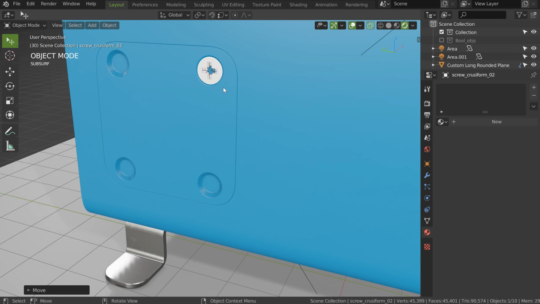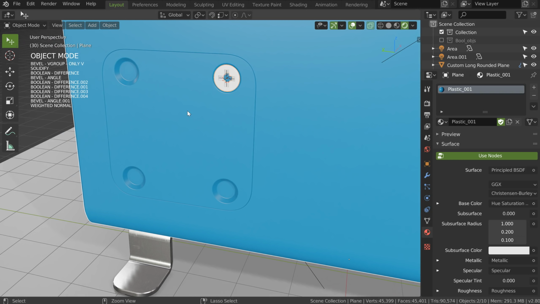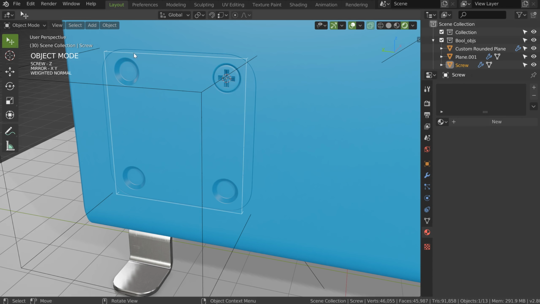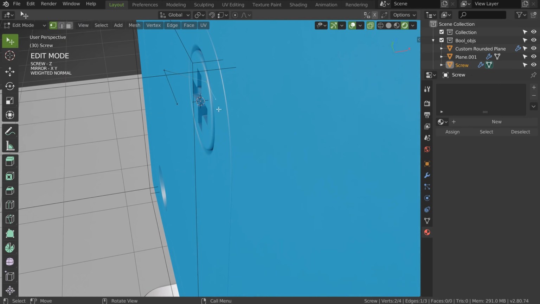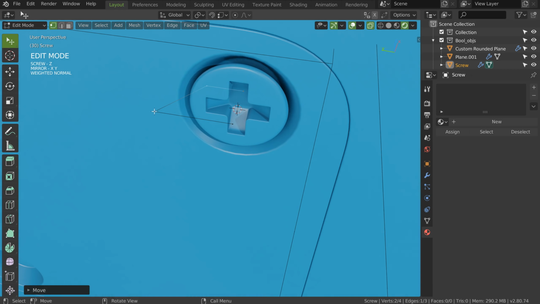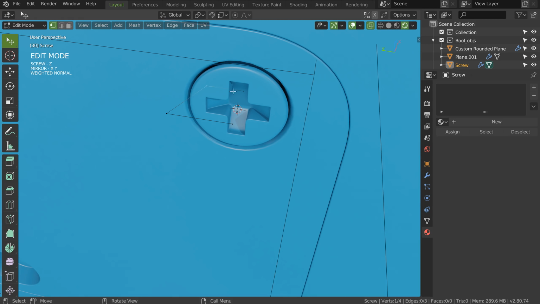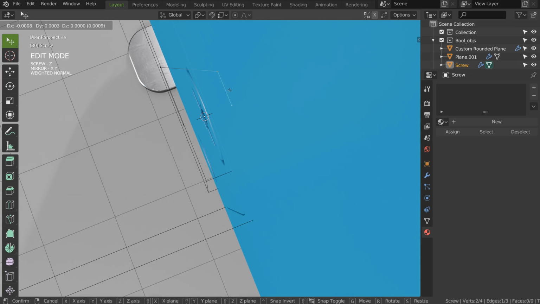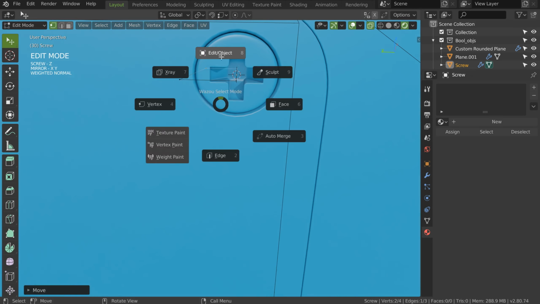Maybe I need to edit, yes, I need to edit the bool object. On this one, I can copy the shader on this one, Ctrl L, material, okay. I will show the bool object, and I will edit this one in edit mode, just like that. You will see this is pretty easy. Maybe, press G, up, just like that, and just move this one, press G, like that. So maybe make something different. Up. Do I see it? No, it's correct. So this is okay.